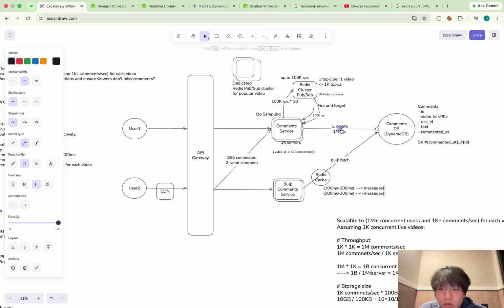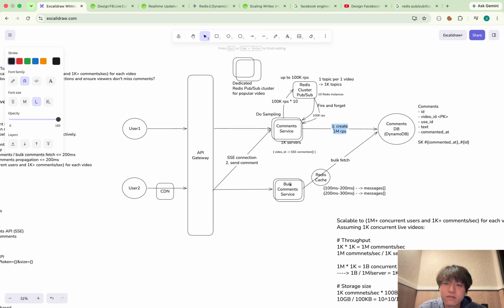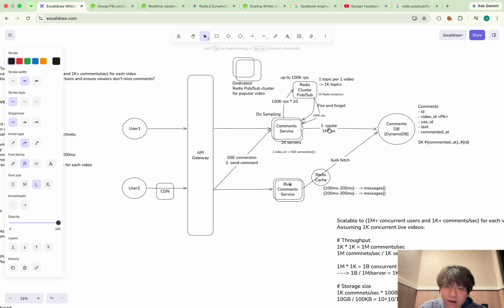So what I can do is introduce Kafka here.